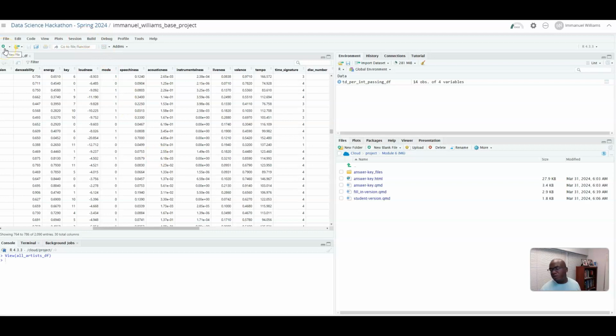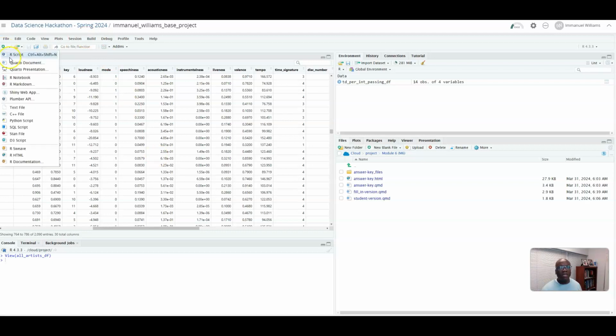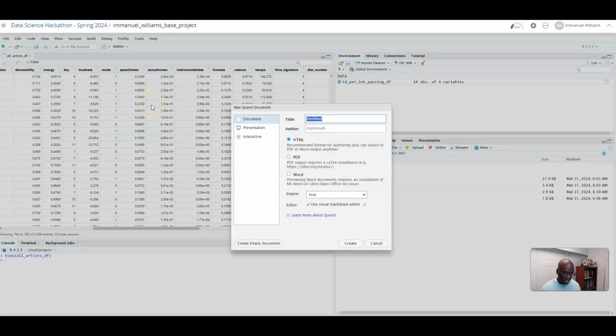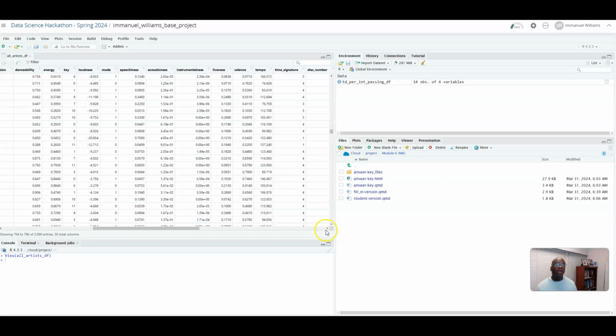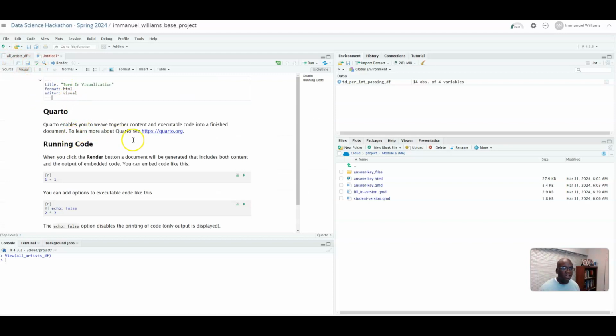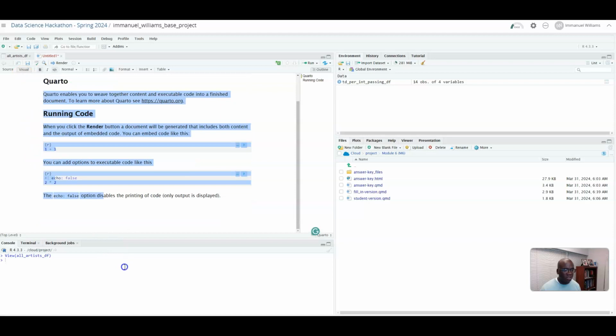So I'm going to press this green plus button. You probably haven't had to do this, how the videos have been set up. You're going to go to Quarto document. Okay, we're going to say, this is my visualization. Turn in visualization. It's not that serious, Emmanuel. Turn in. Okay, good. So they create this. Okay, great. It's going to pop up on the left, right here, boom, or to the right. And it already has a lot of pre-made code. I'm just going to erase this.